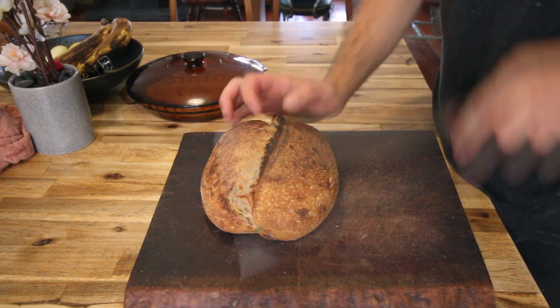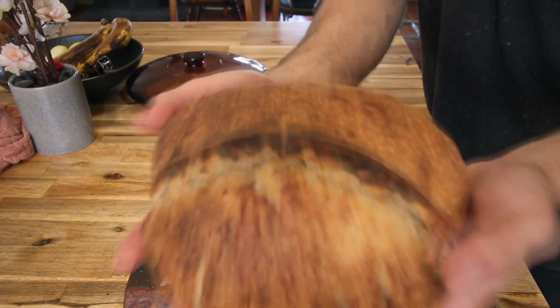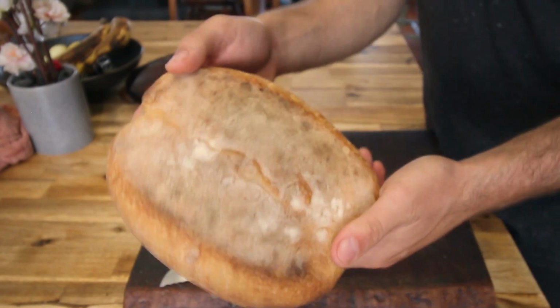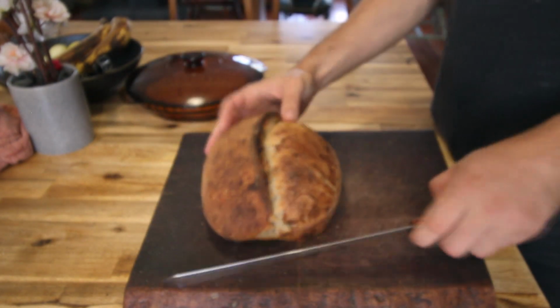I had no intention of leaving you hanging. Bread does need to cool down before you slice it open. And it was lunchtime, so...